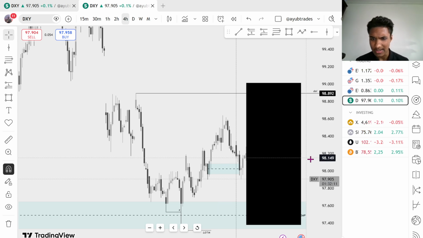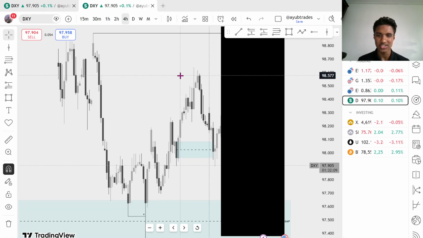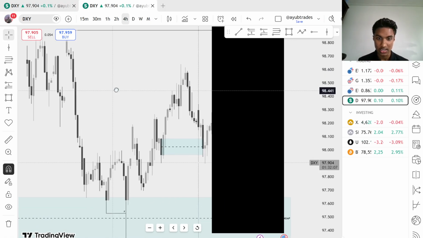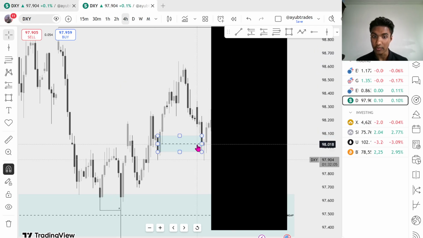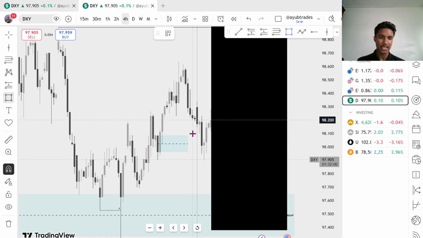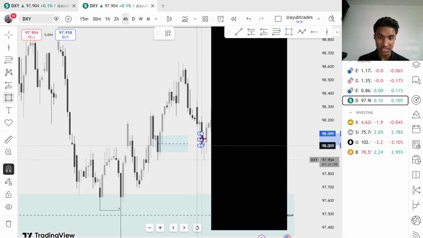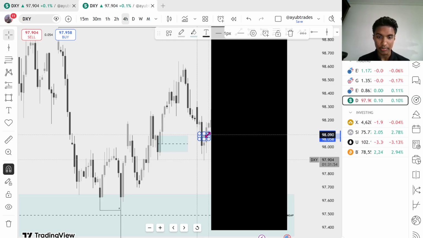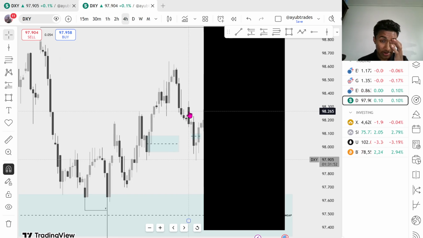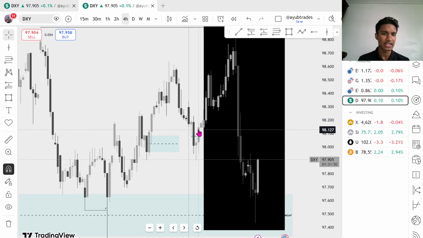So once we see displacement, all displacement is, it's literally just fast, efficient price action. All I wait for specifically, it depends on the context, but in this context, I just waited for this literally 4 hour inversion of that gap. That's it. Once I saw that broken and disrespected very, very nicely,